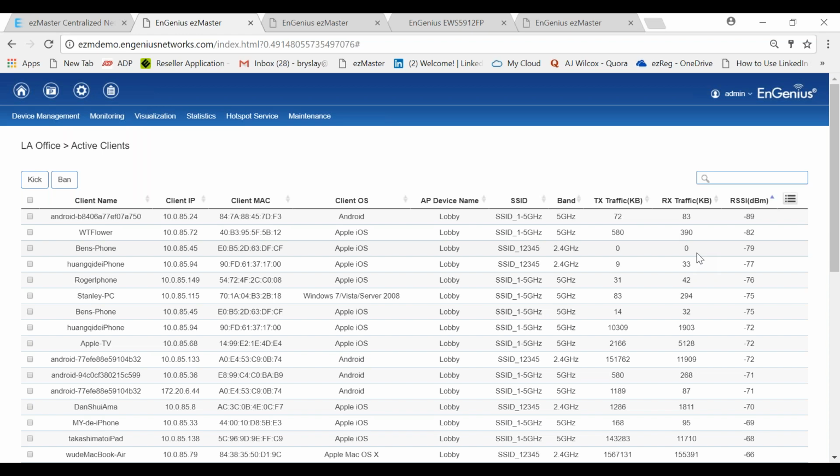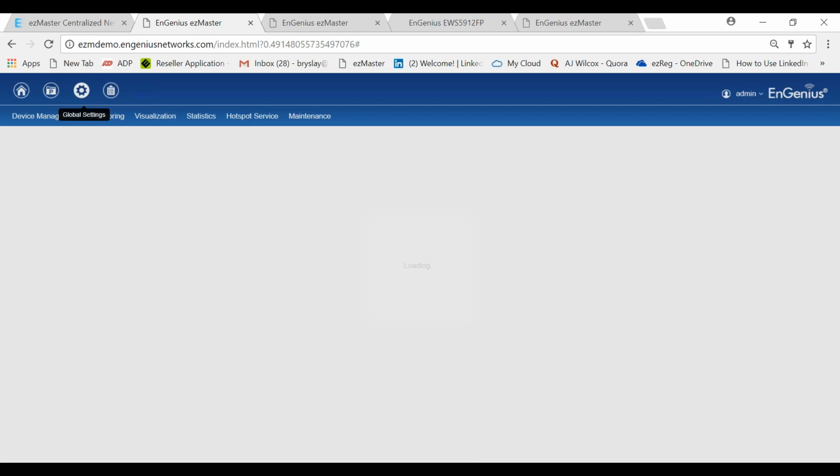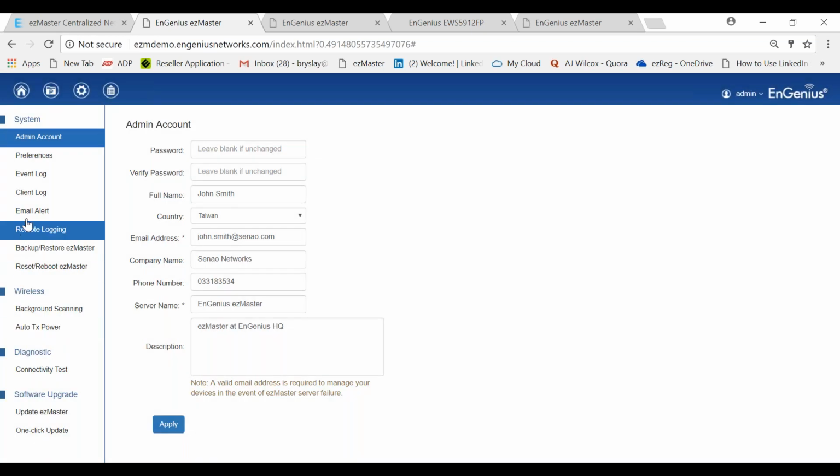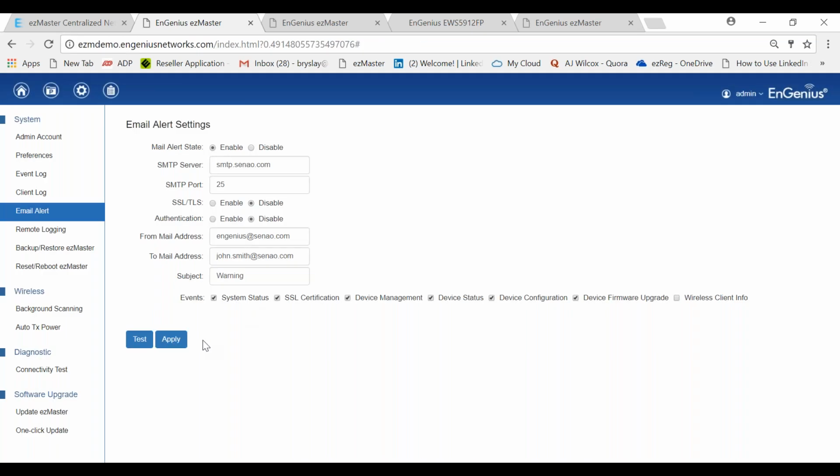You probably want to know if the EasyMaster software is down. Like Brian mentioned, just go to the email alert. If you see the system info email alert, it notifies you if the system is down. Whether the AP is still functioning, the answer is yes. Even with EasyMaster down, all the access points or devices will still function. The AP or device won't go down because of EasyMaster.